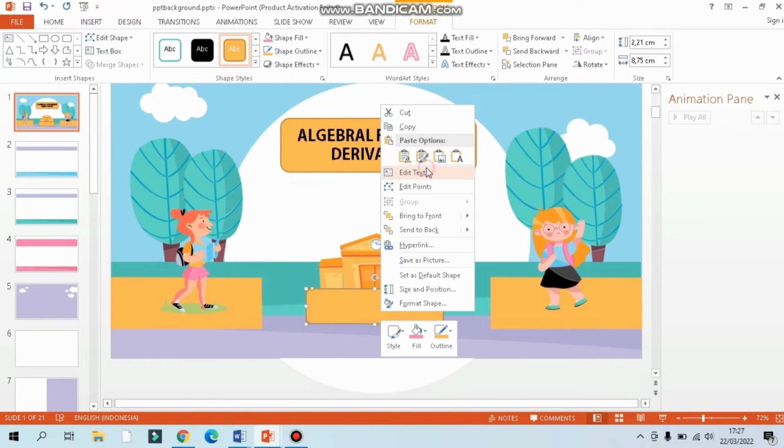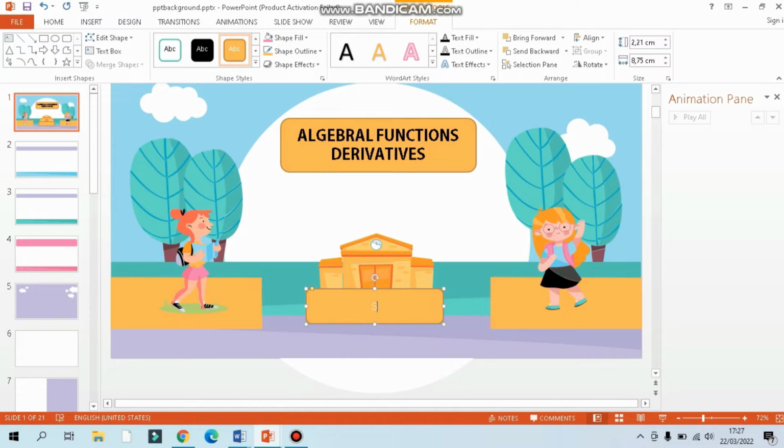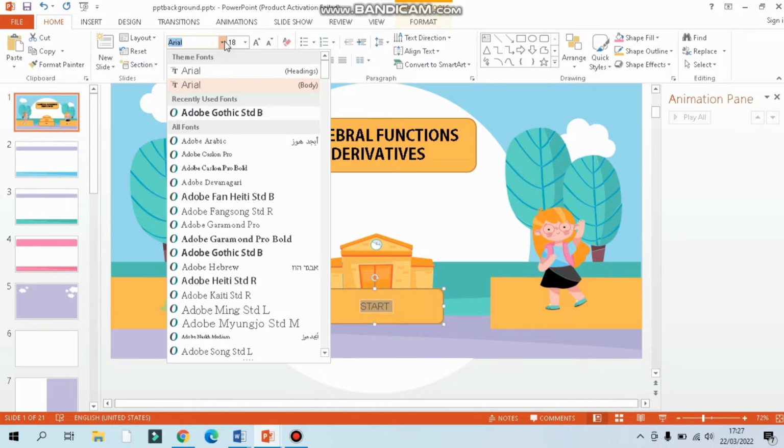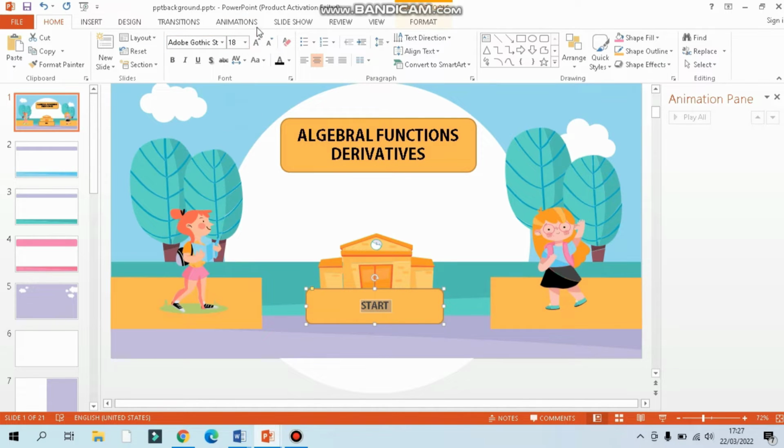Next I want to edit the text, click start, so that if I click this icon I start our presentation. Same as before, I have to change the font and the size.